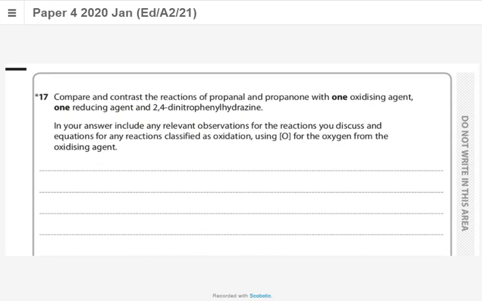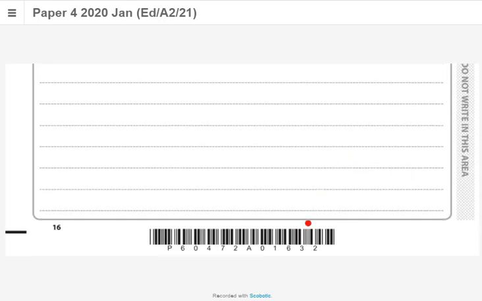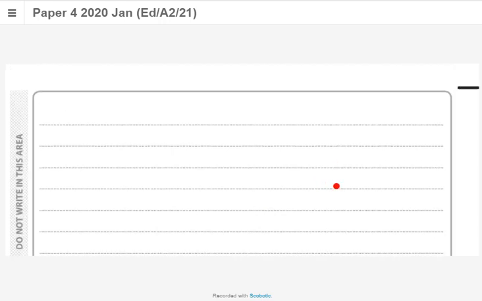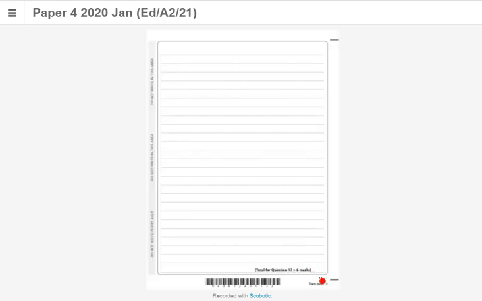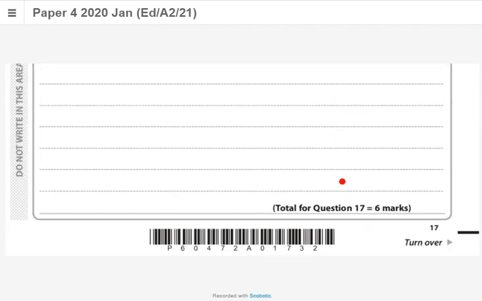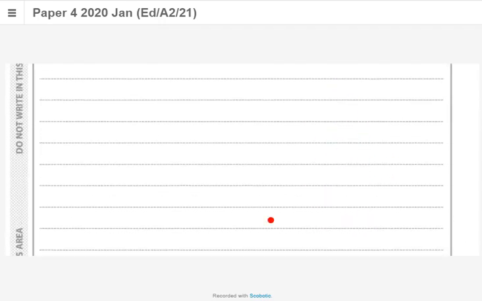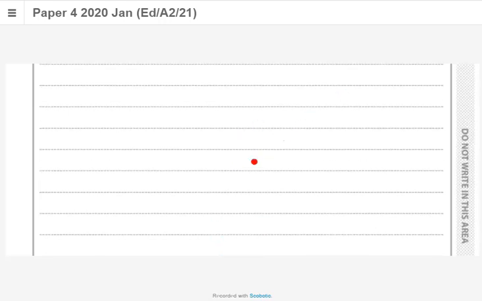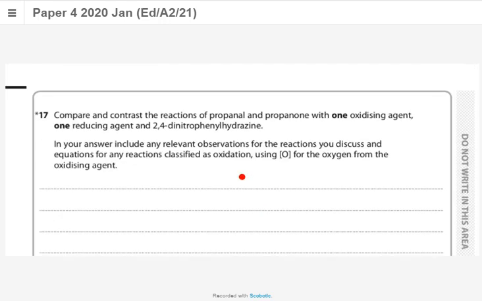This is question 17. This is a long question. Let's see how many marks are given. This is a very important question. 6 marks, 2 pages. Before we answer this type of question, we have to structure the answer separately. Compare and contrast the reactions of propanol and propanone with 1 oxidizing agent and 1 reducing agent and